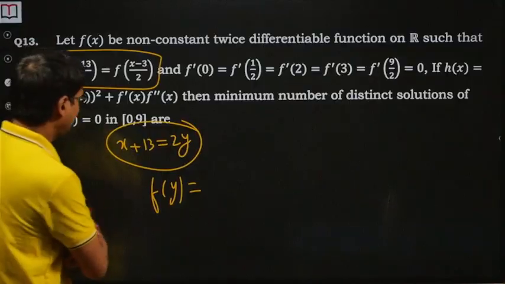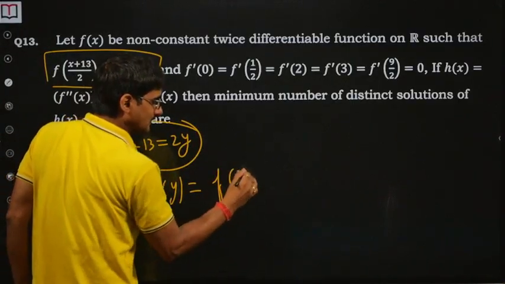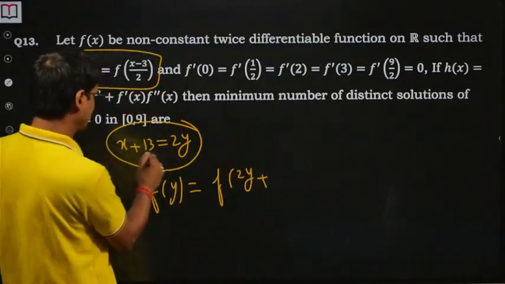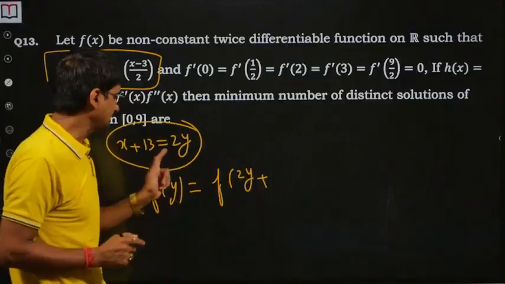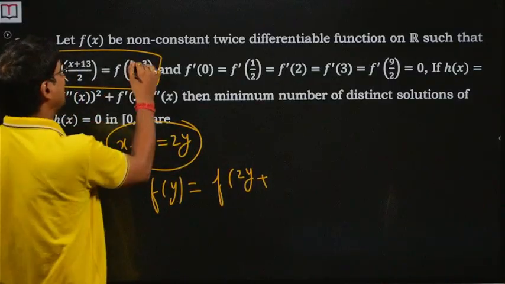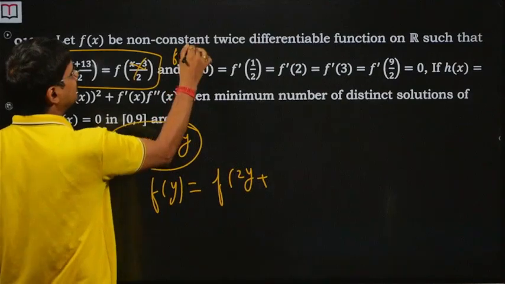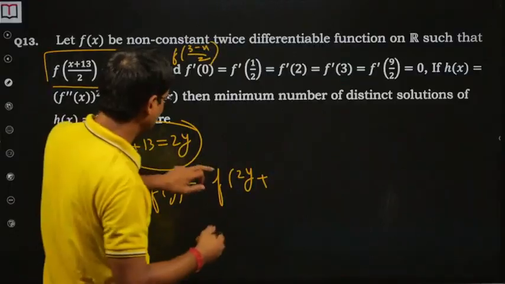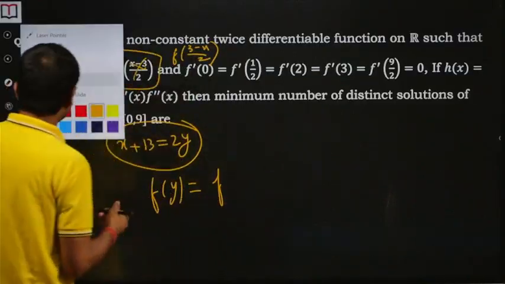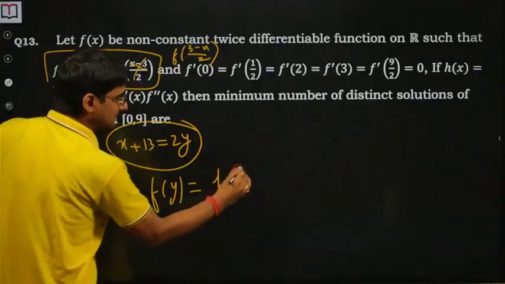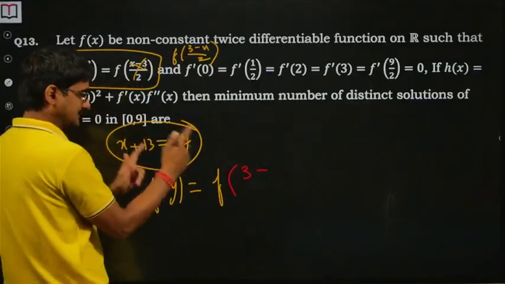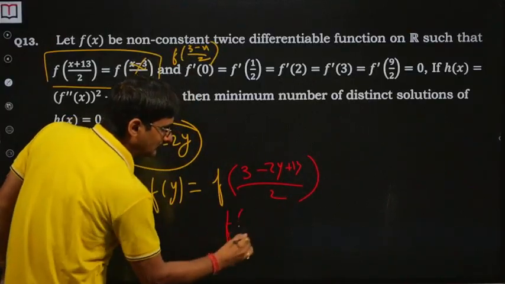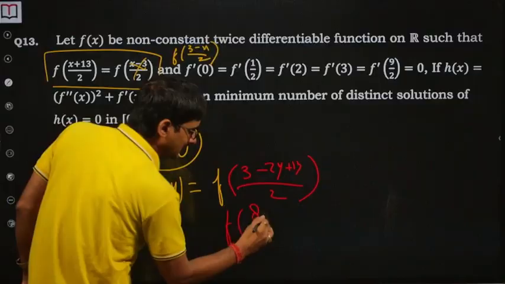So x plus 3y, so I got f of y is equal to f of 2y plus 13, x to be replaced by 2y minus 13. So in that case, x will be replaced by, okay, I'm sorry, here also there's a mistake. This is 3 minus x by 2. I'm really sorry for that. If you people would have tried using the PDF. So that's the mistake here. So 3 minus x, x will be 2y plus 13 by 2. So f of it is 8 minus y.